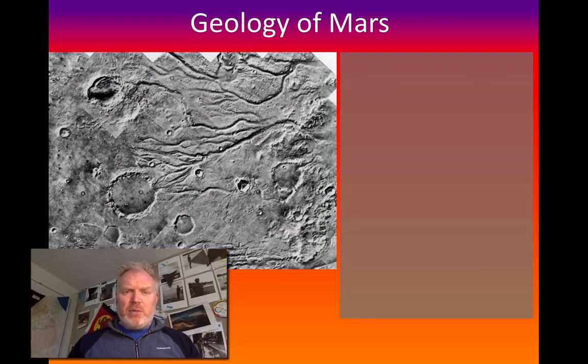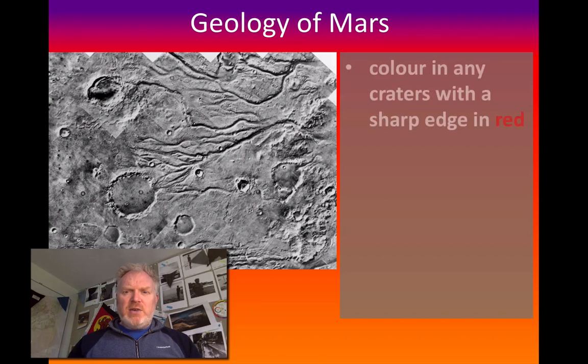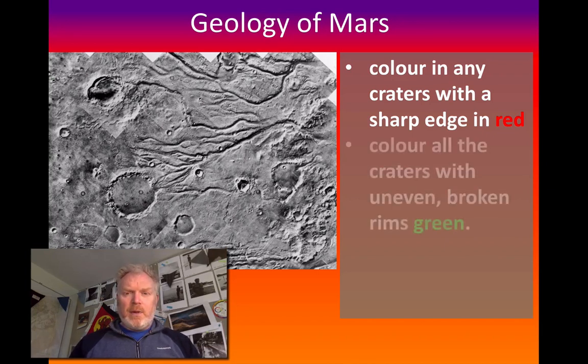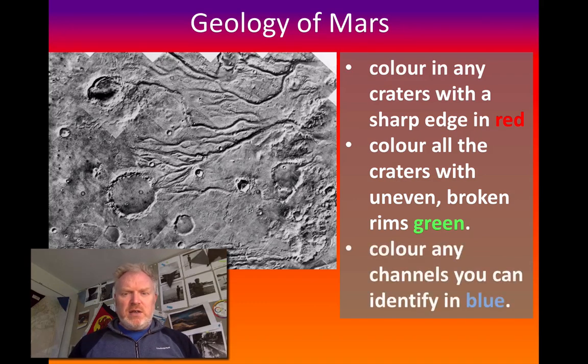So, with the three coloured pencils you have, I'd like you to identify any craters that have a very sharp edge to them. And I'd like you to colour those in red. Then, can you find the craters that have an uneven or broken edge? Colour those in green. And finally, any river channels you can see, can you colour those please in blue? Okay, if you pause the video now, while you do that,